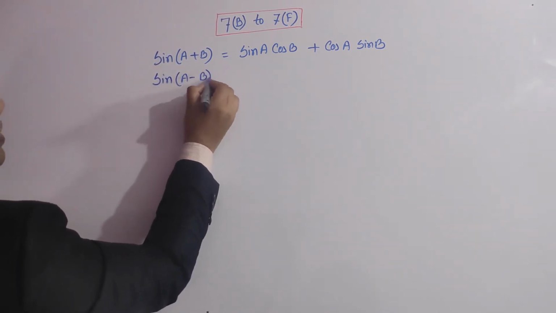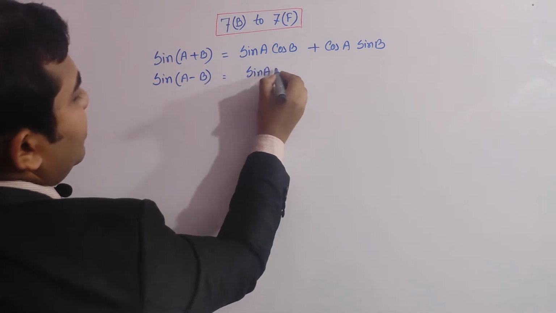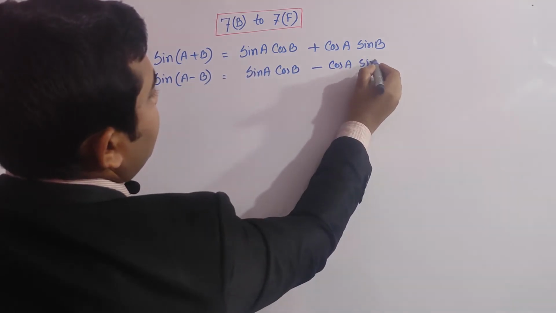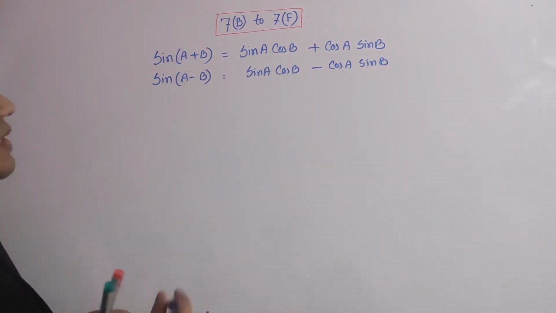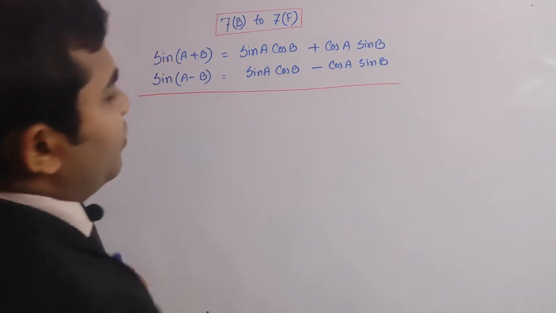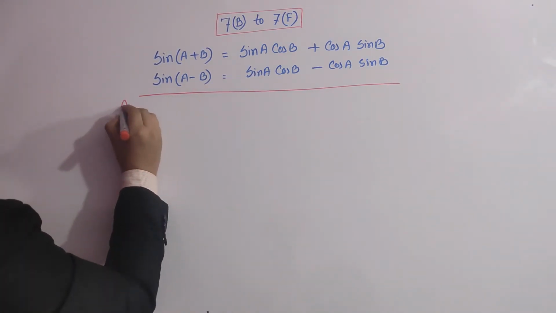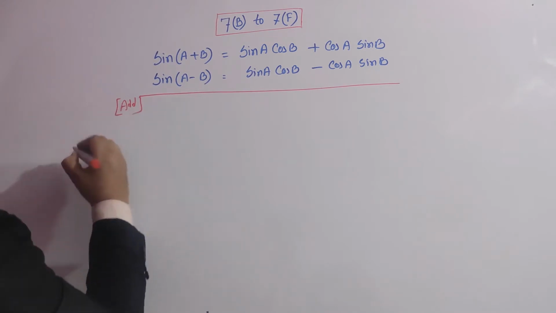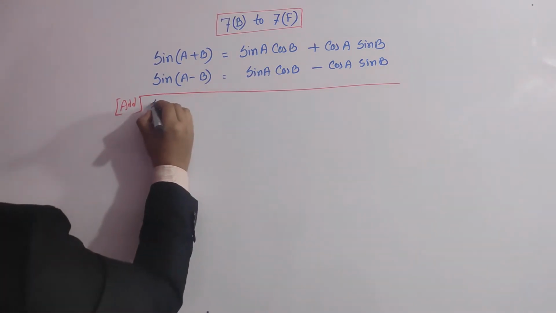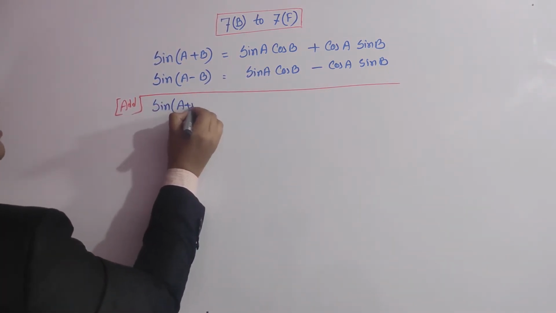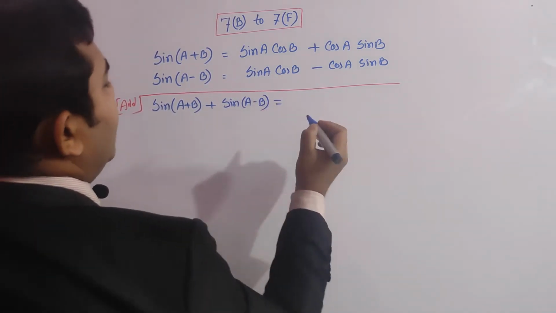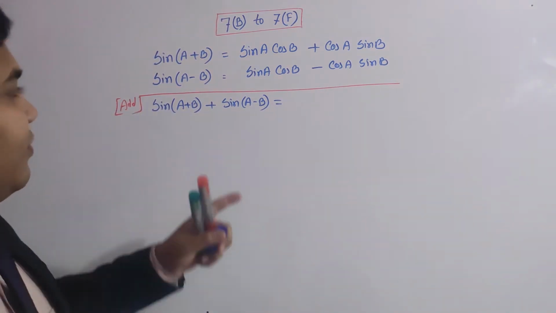A minus B should be sin A cos B minus cos A sin B. So if we subtract these two, or add these two, then what will we get? First, if we add these two, we get sin A plus B plus sin A minus B. Okay, write that down: sin A plus B plus sin A minus B equals, when we are adding,